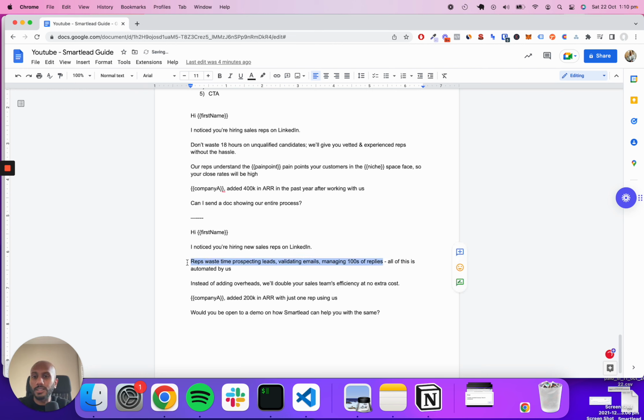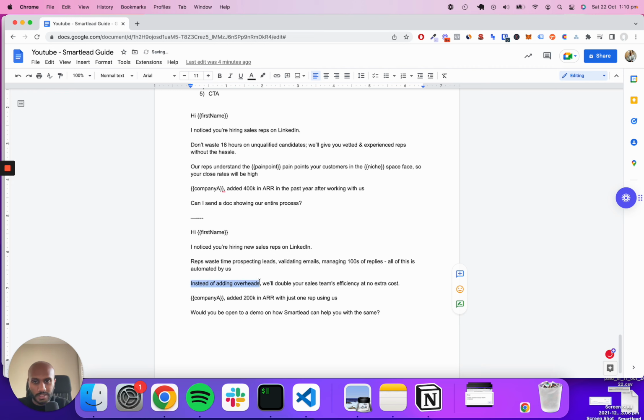And why are they hiring a sales rep? They're hiring a sales rep because they probably can't handle the existing team that they've got, and they need more people to help them manage a system or just horizontally scale, right? You're saying, yep, all these things are problems that you face. Guess what? We resolve for it. Value proposition straight away. And then this is almost like a BAB, before after bridge solution, which is